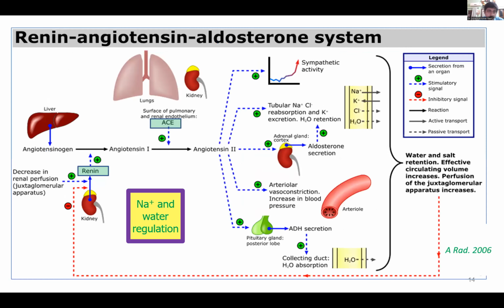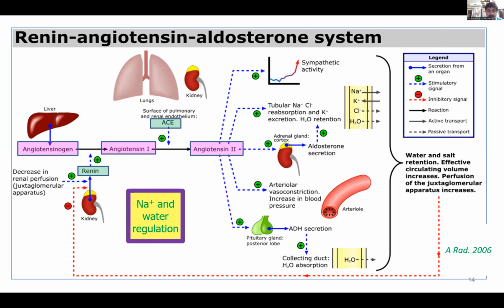Regarding sodium control, the main key organ, though this is a busy slide, I will not waste much time here. Though this is important, you can get it from any textbook. The key control is from the RAS system, the renin, angiotensin, aldosterone system. In a nutshell, the theory starts from angiotensinogen that comes from the liver. This is converted to angiotensin 1 by renin, which is secreted from the kidney JG cells. Angiotensin 1 is again converted to angiotensin 2 by the lung's ACE enzyme, and that is a